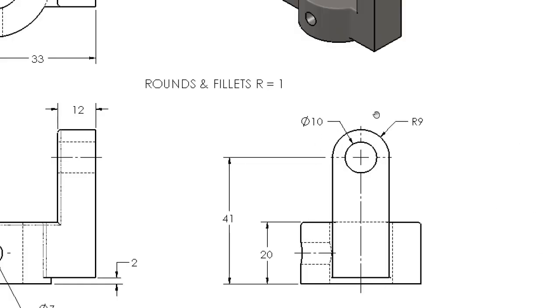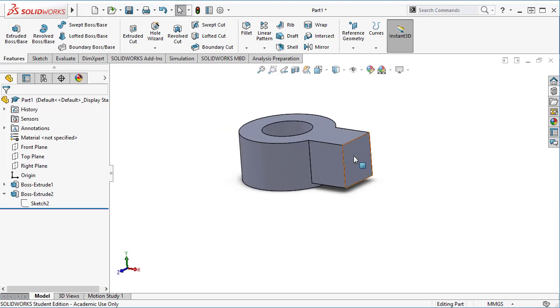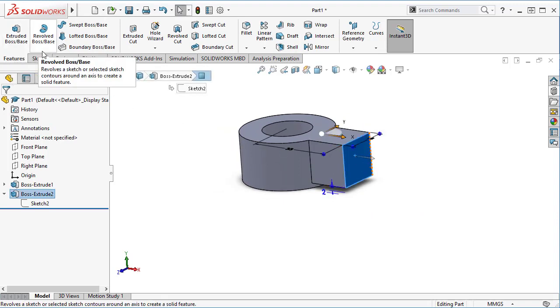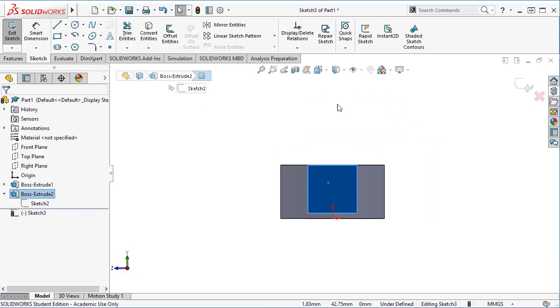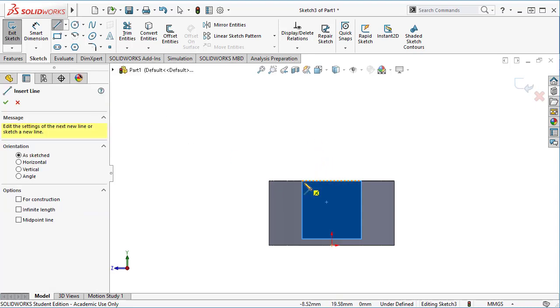Now we need to create this tombstone shape. So we'll use this end surface as my sketching plane. So I'm going to extrude that, create a sketch. Again, I'm going to look at normal to that sketch plane,